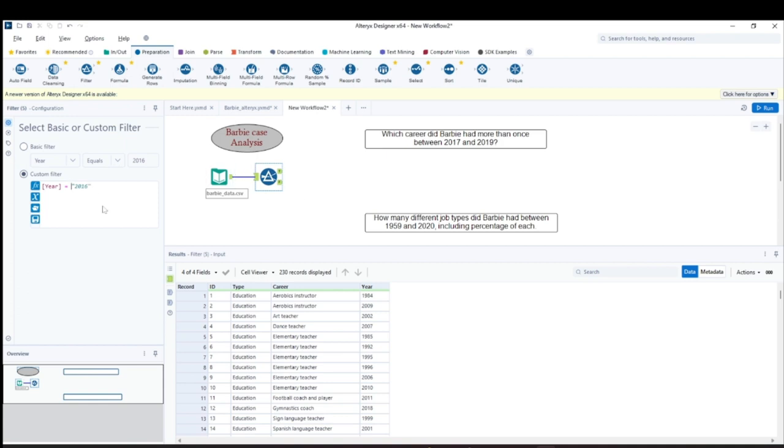So year, I don't want equals to 2016. What I want is between 2017. So year greater than 2016, and again I write my column name, year, less than 2020. This will give me Barbie's occupation between 2017 and 2019.